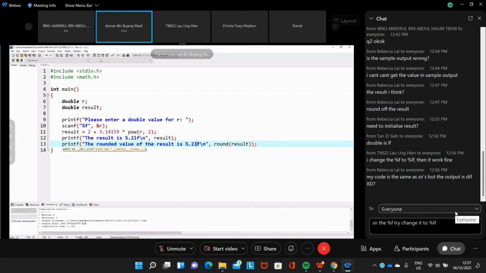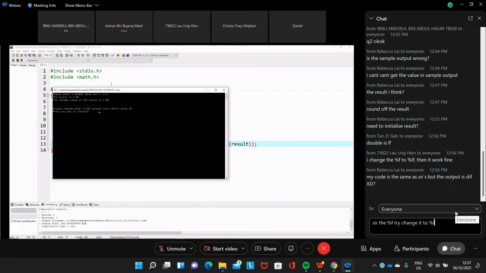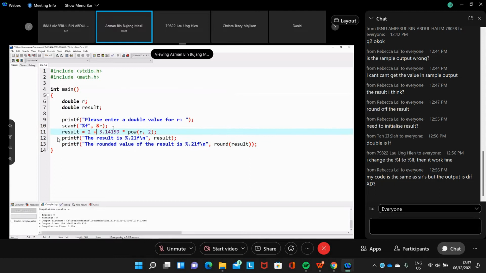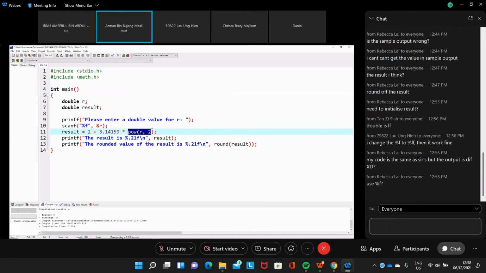We'll see whether it works or not. Still 2. 2 plus, this is plus, isn't it? Plus that number multiplied by power. So we look at this one.